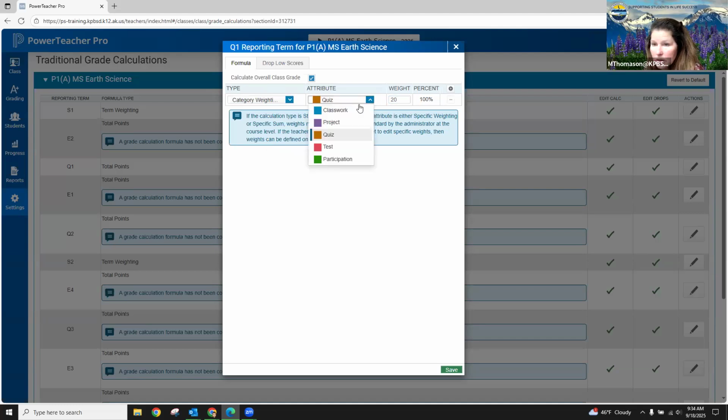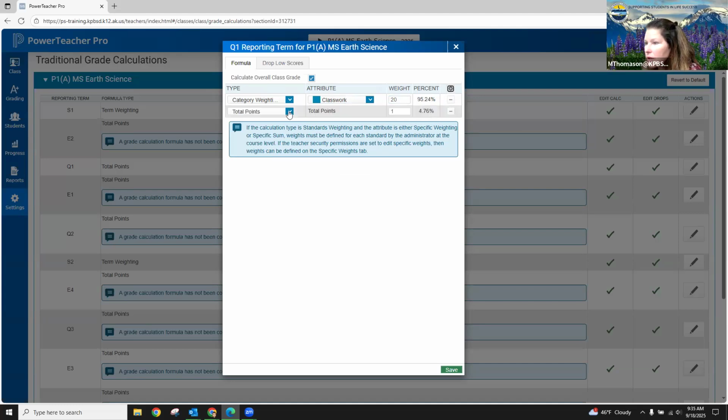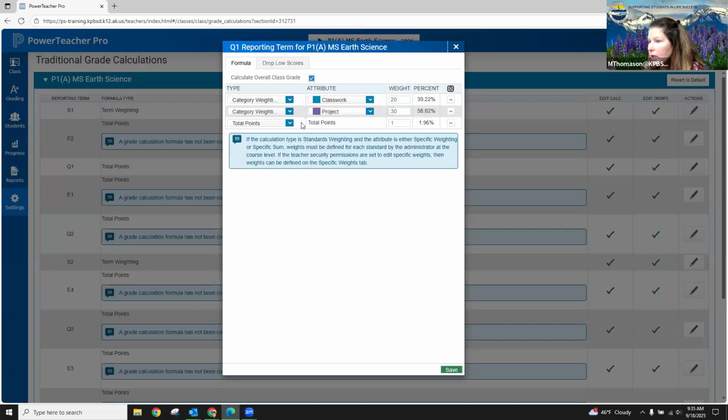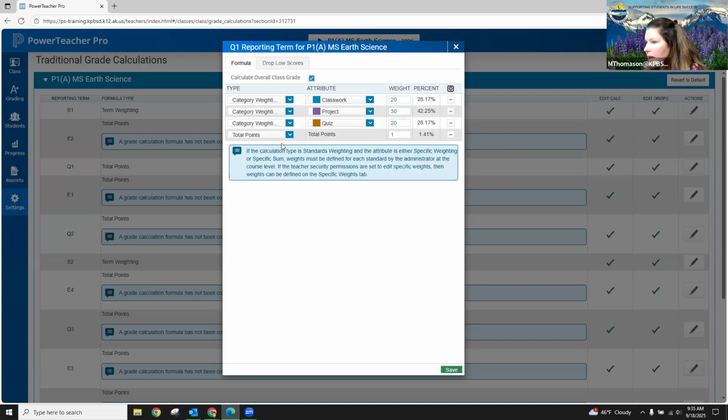each individual category. So let's say classwork, maybe you want classwork to be 20% of the grade, let's say. And then I'm going to add another category here. And then maybe you want the projects to be 30%, let's say. Let's add another category. Maybe you want the quizzes to be 20%. And then maybe you want this last category, the tests, to be